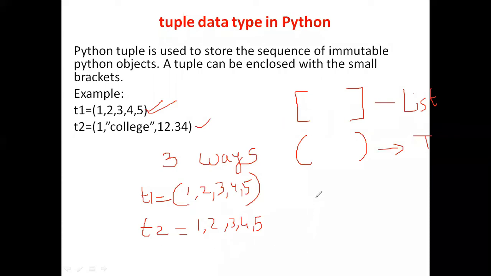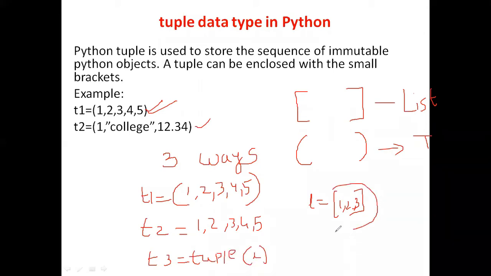Another way is, if there is a list L equals 1, 2, 3, then t3 equals tuple of L. Tuple is a function name, and this L object is the argument here. Now the contents are changed into a tuple and the t3 object is created. Okay, in this way we create the tuple.